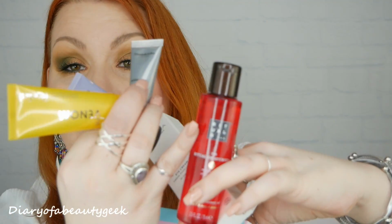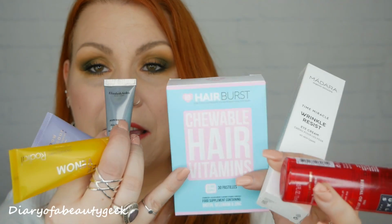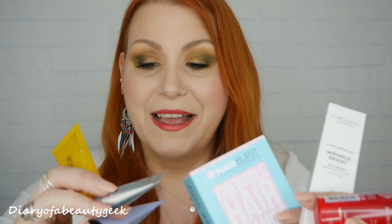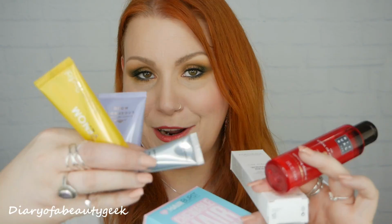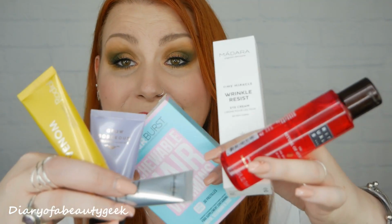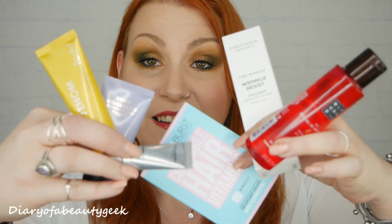I do. I love Look Fantastic. It's one of my favourite, if not my favourite beauty box. I do really, really like it. The only things I've tried before is this oil, and I love it, and I think I've had these before, but in like a little bottle. But yeah, everything else is new to me. I can't wait to try this bee venom cleanser. Really, really can't wait. So yeah, some really lovely things there, and I think for £15 it's definitely worth it